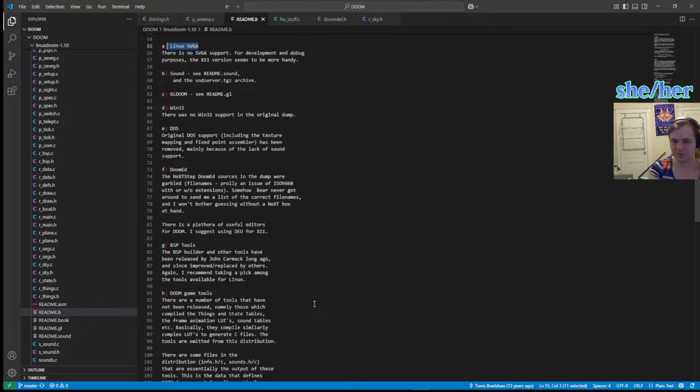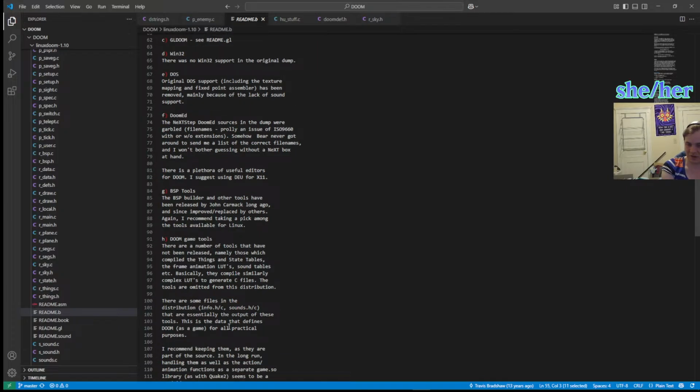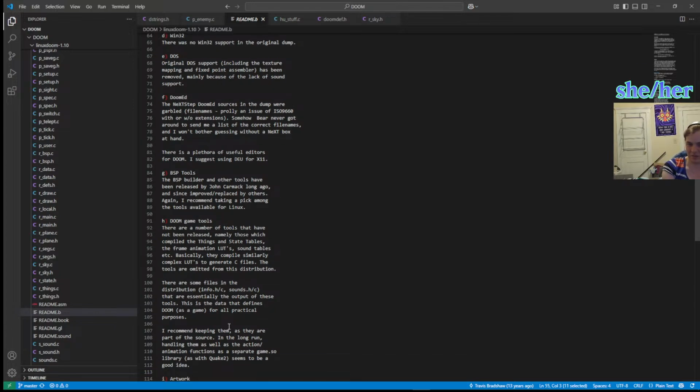Here we go. Doom game tools. A number of tools have not been released, namely those which compiled the things and state tables, the frame animation and sound tables. Basically, they contain similarly complex lookup tables to generate C files. The tools are omitted from this distribution. There are some files in the distribution that are essentially the output of these tools. This is the data that defines Doom as a game for all practical purposes. I recommend keeping them as they are part of the source. In the long run, handling them as well as the action/animation functions as a separate game. So,